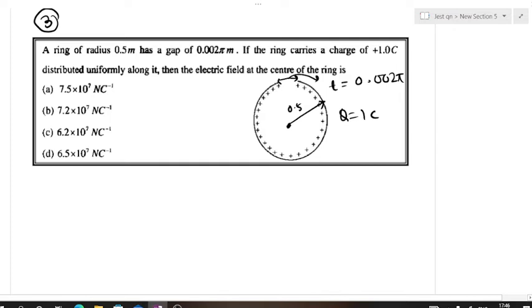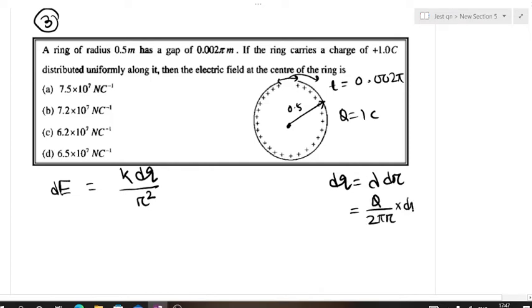As the electric field due to a complete ring is 0, but here the electric field will not be 0 because there is some gap. So how can we find it? As we know, the electric field will be due to the remaining part. So dE is equal to k dq by r square, and dq is equal to lambda dr due to line charge distribution, and lambda is equal to q by 2 pi r,